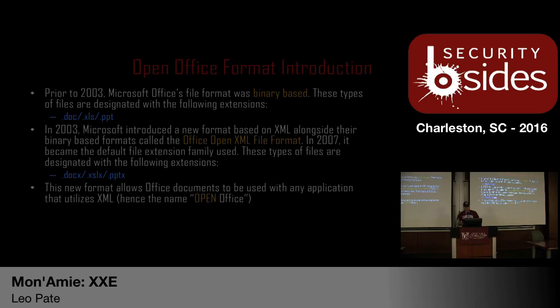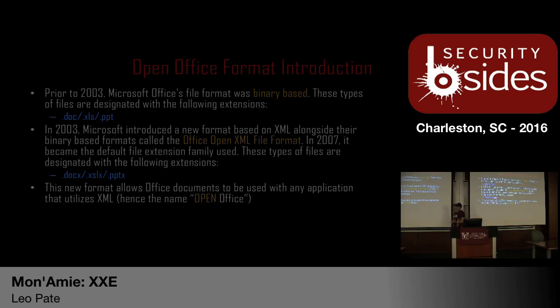So these types of files were designated with the .doc, the .xls, and the .ppt, right? In 2003, Microsoft introduced a new format based on XML alongside their binary-based formats, called the Office Open XML file format. These are the same things, except they're annotated with the X there, because Microsoft is smart. This new format allows Office documents to be used with any application that uses XML, hence the name